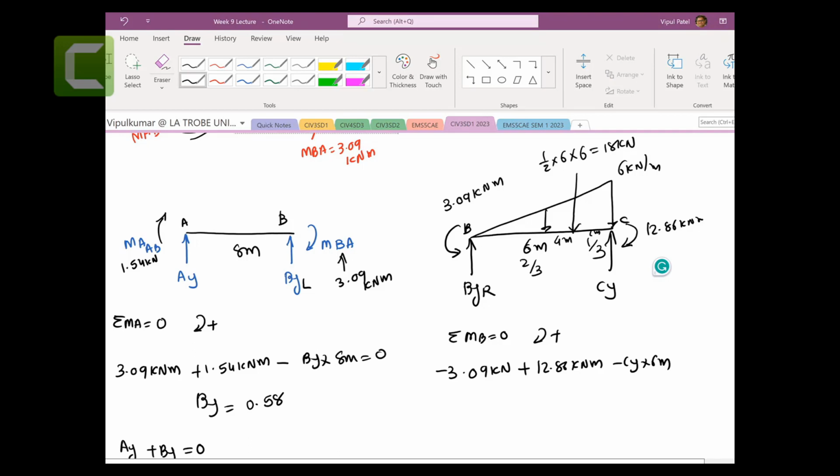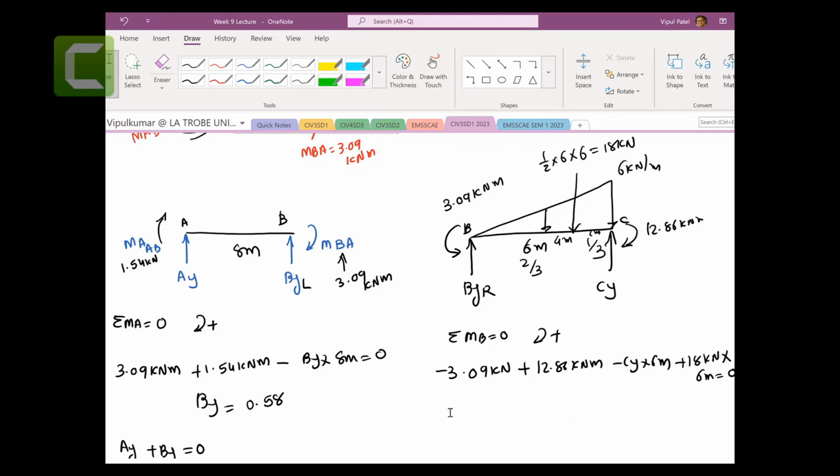So this one is 18 kilonewtons, and that will create the clockwise moment. So plus 18 kilonewtons times 2/3, which is 6 meters, equal to 0. So minus 3.09 plus 12.86 plus 18 times 6, you got these ones divided by 6. So CY equal to